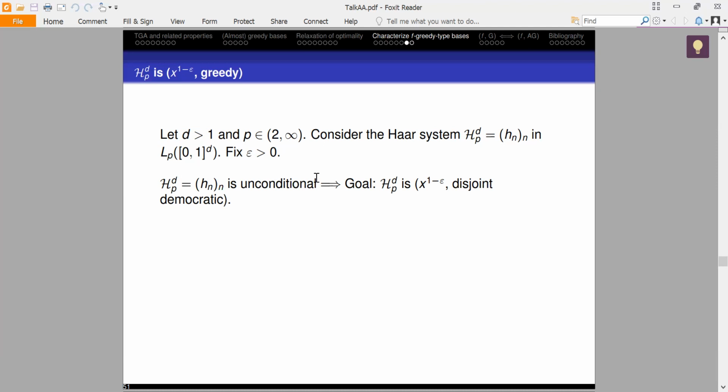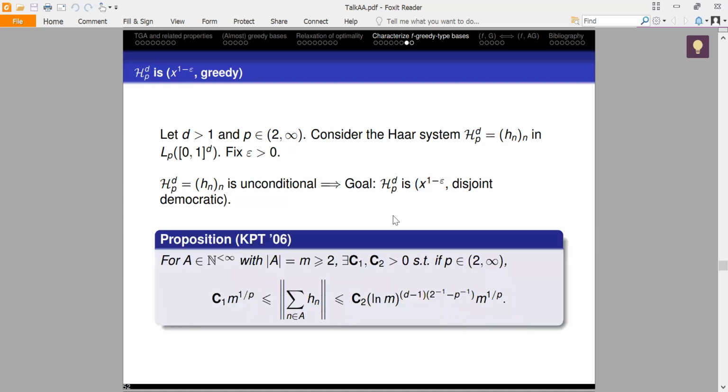Okay? And how do we show that? We know the system is unconditional. So we want to show that the system is x^{1-epsilon}-disjoint democratic. So how do we show H_p^d is x^{1-epsilon}-disjoint democratic? Well, we will use this proposition. This is the result by Hiron, Pilkat, and Chalokov. They prove that